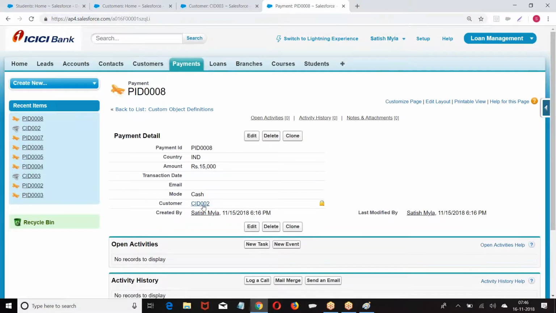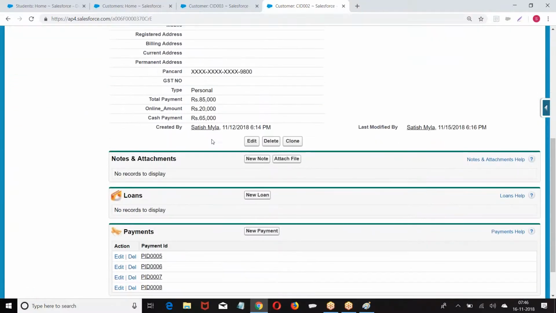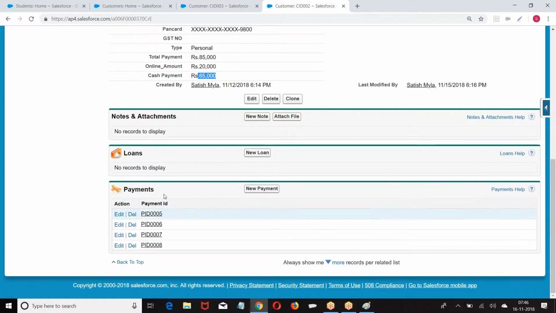This is how I created it. So go to the customer. I made total payment 85, online 20, cash 65. Right? We're getting 4 records, 2 online, 2 cash. 10, 10 I give, 50 plus 15 I give. This is how we are getting the aggregate operation.